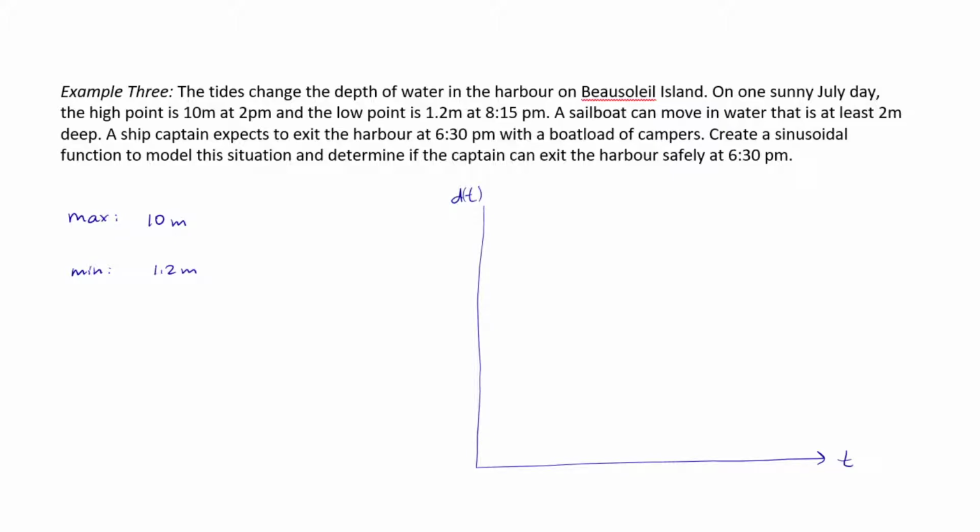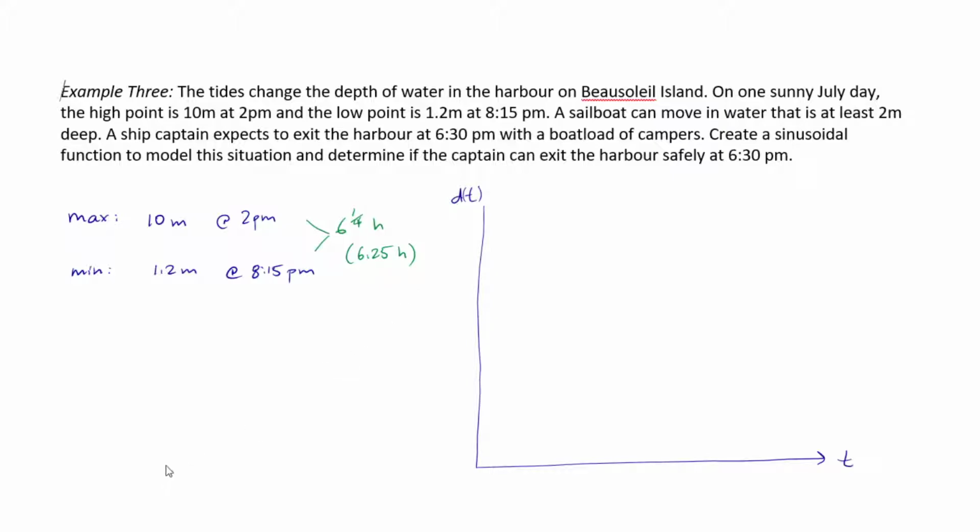Having read the question, you may have found the following pieces of information. The maximum occurs at 2 p.m. and that is 10 meters. The minimum occurs at 8:15 p.m. and the minimum depth is 1.2 meters. Note that it takes 6 1/4 hours to go from the maximum to the minimum. Right? Another way of writing that is